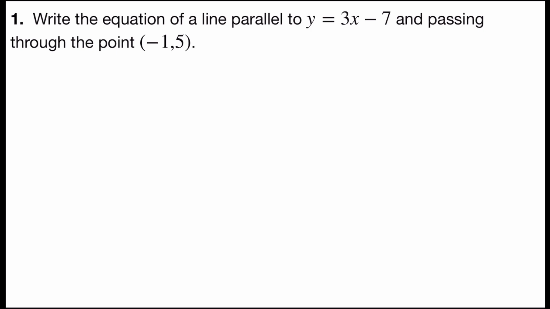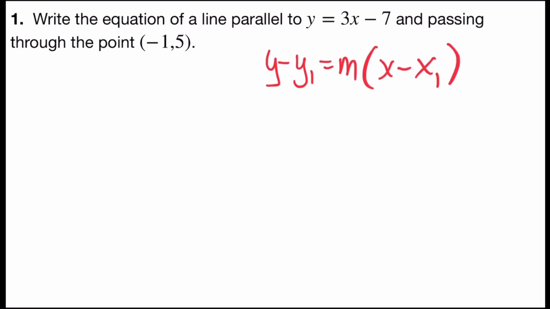Problem number 1 says, write the equation of a line parallel to y equals 3x minus 7 and passing through the point -1, 5. So to write the equation of a line, we can use the point slope form. y minus y sub 1 equals slope times x minus x sub 1. In the point slope form, we need to know a point and a slope in order to write the equation